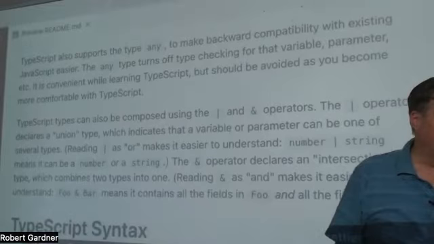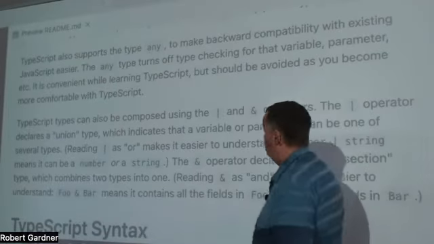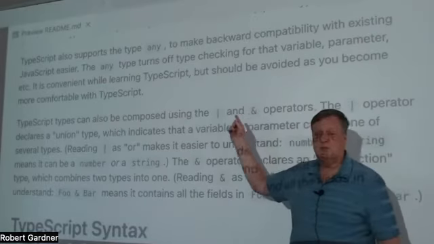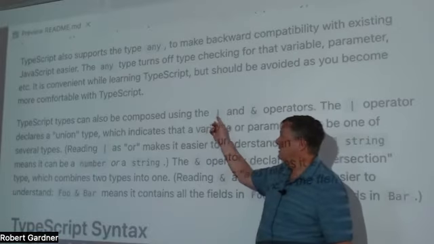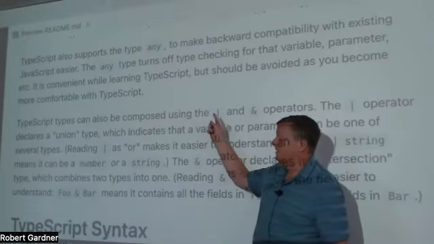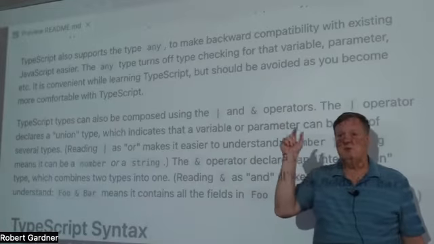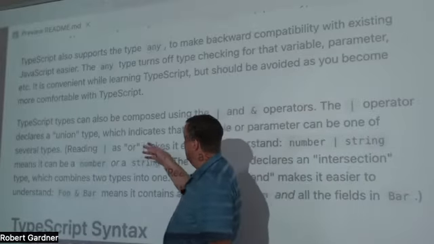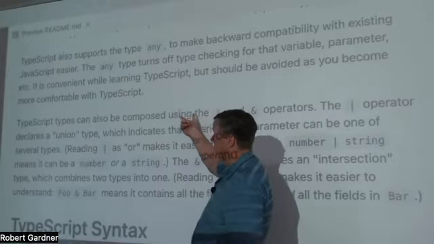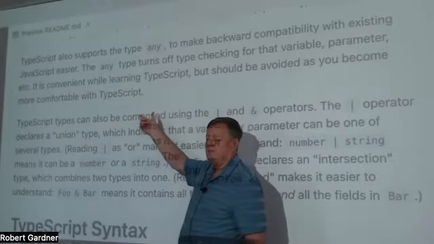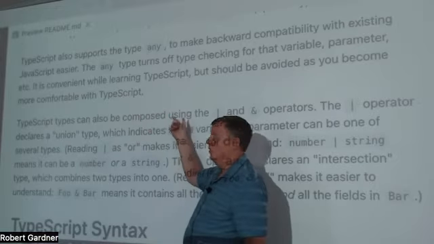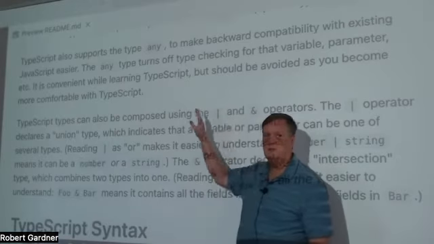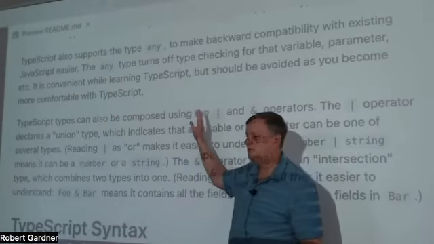All right, and then finally, some really, really handy things: you can compose types using these "or" and "and" operators. And the "or" one means I can declare a variable to be of this type or that type or that type. For example, with the string literals, I can say it can be of type loading or success or failure, and that's how I declare that. Or I can say it has to be a string or undefined, so it can be either of those, and that's legal. But if it's anything else, it doesn't match.